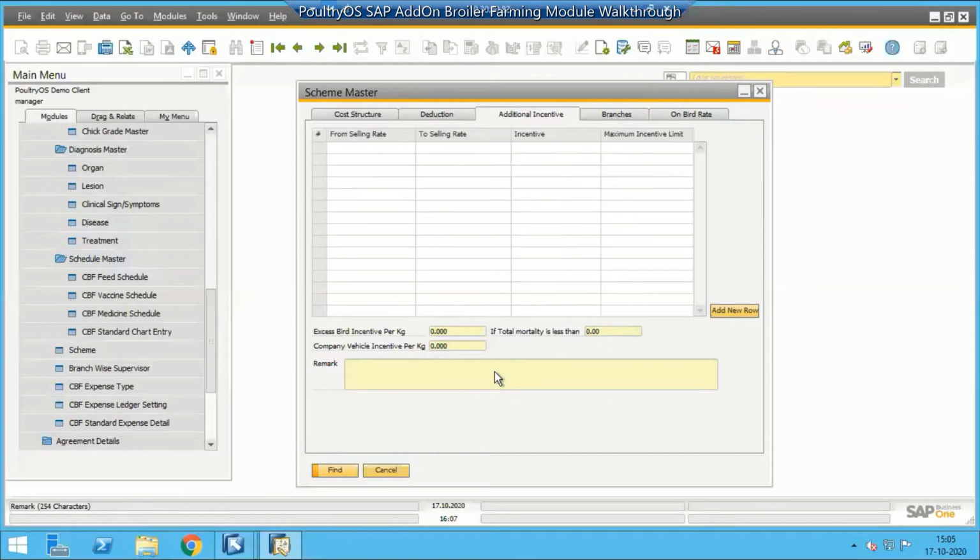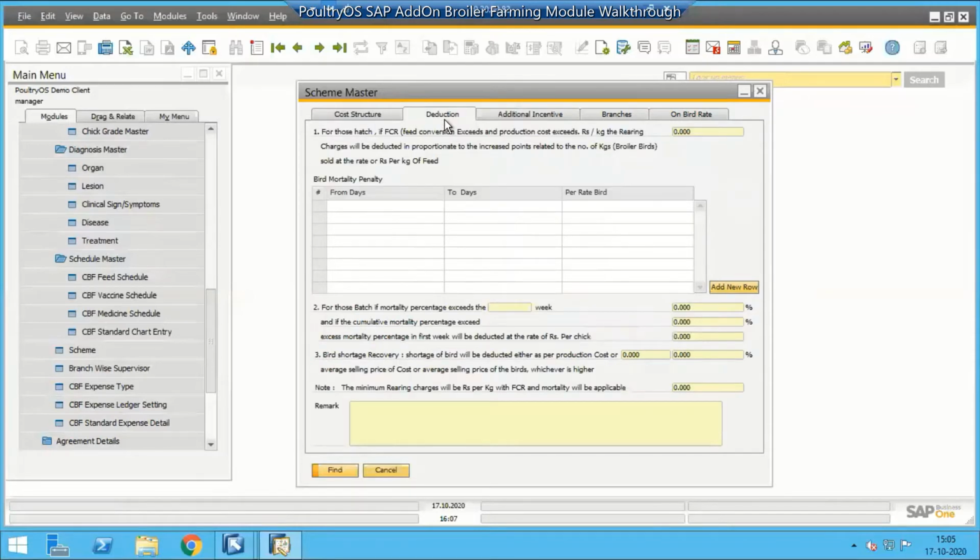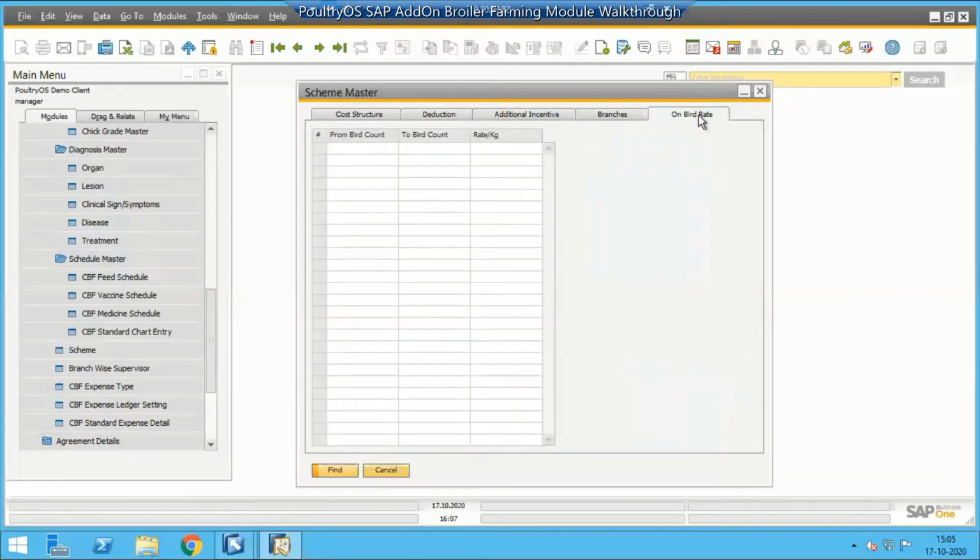Let's say your going charge is going with a minus value, and you want to give a specific value, let's say minus 1000, but the farmer already put a lot of effort into that. A minus value is nothing but a recovery from that farmer. If you want to give some bonus by default, you can add a bonus here also. Let's say it is a flat 2000, so whatever is going, you need to give 2000 rupees flat. Then the onboard scheme is also available. On the basis of placement, you can define your rate per kg.